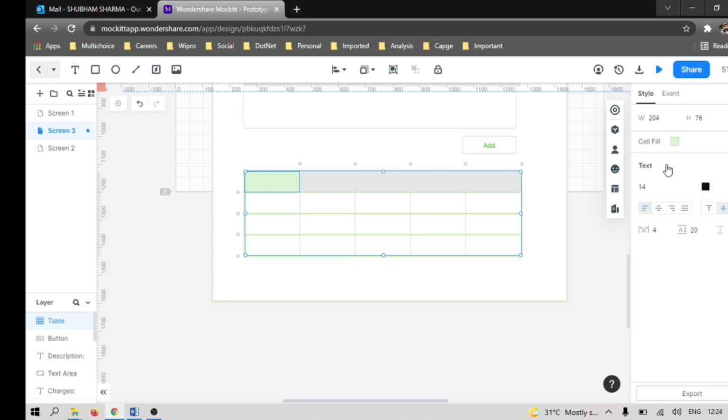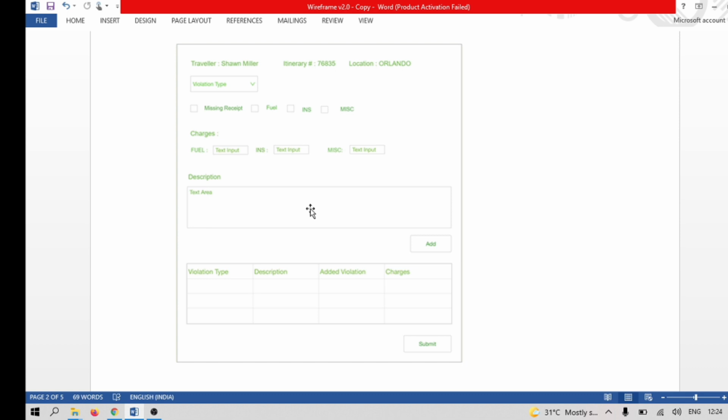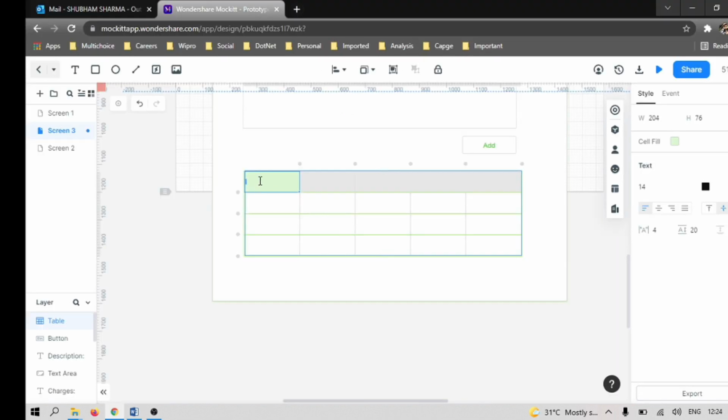This light will work, and what the text we need to put is there. B will also work. So what name do I need to give here? Violation type. Violation type. Okay.